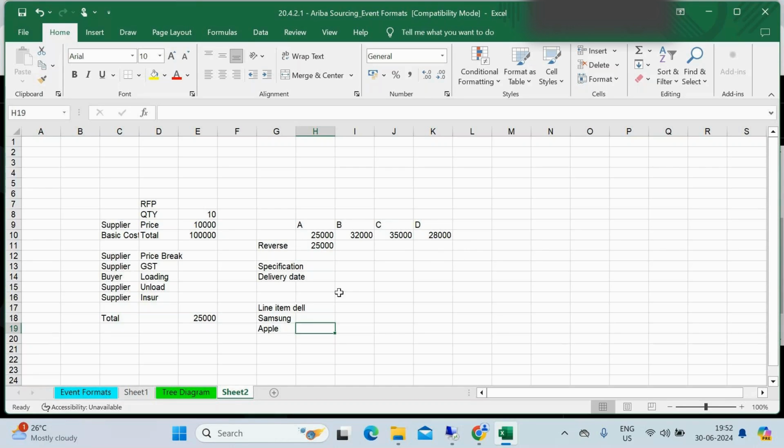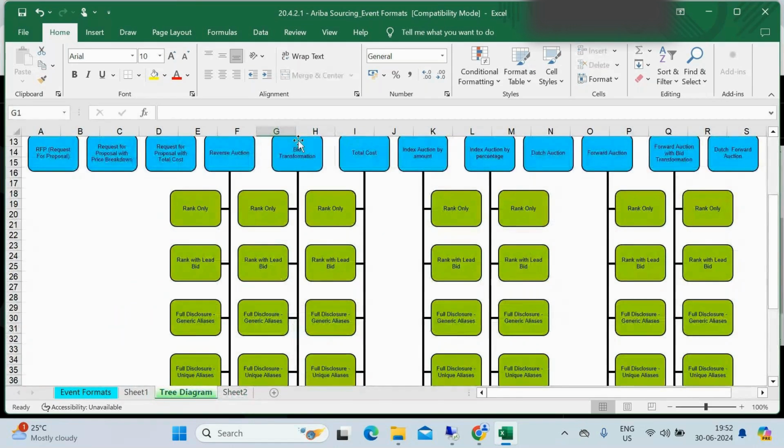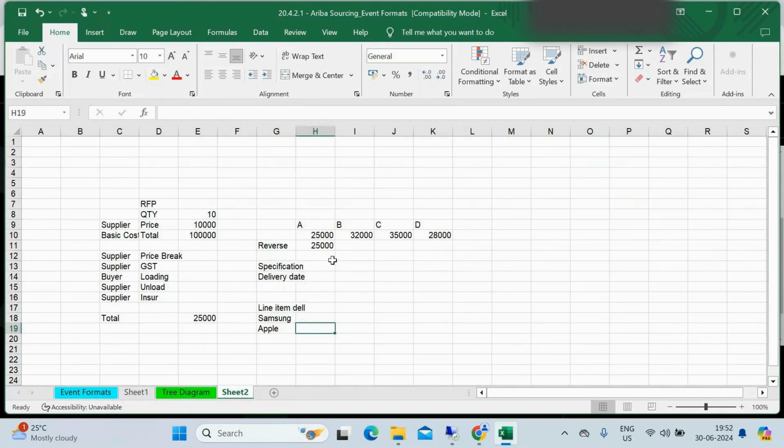Lastly, we will see how the price we are getting works. For that reason, we will do the second option, bid transformation, because here we will put a loading. How are we going to put that loading, and how will it be helpful to us? It will create competitive bidding, because if you see, the lowest price is 25 and the highest is 35, almost 10,000 rupees of difference.